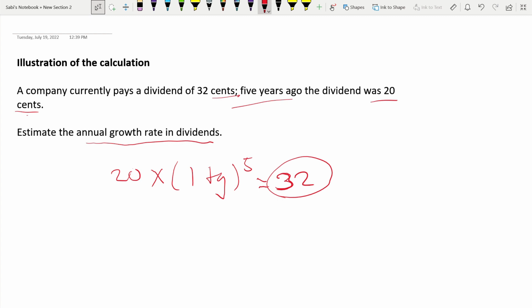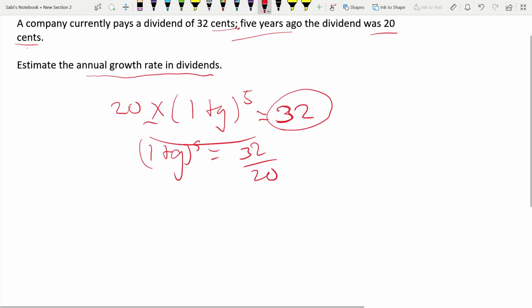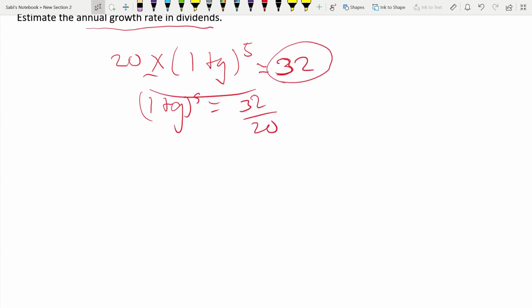So now you can easily find out the g. Just make g the subject. So 1 plus g to the power 5, keep it this side, 32 divided by 20. Bring 20 the other side, multiplication becomes division. This is your maths, pure maths you have to know. Leaving 1 plus g on one side, 32 divided by 20,